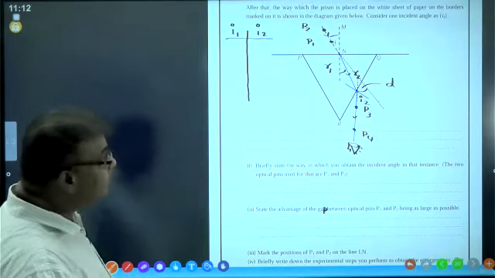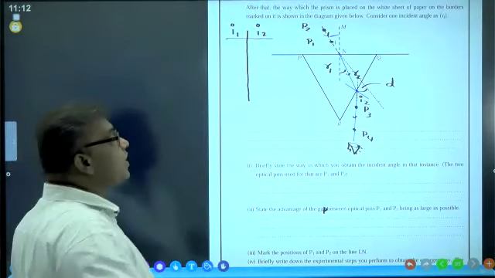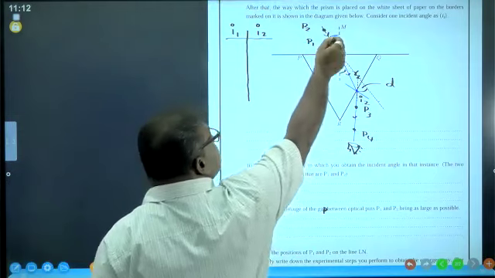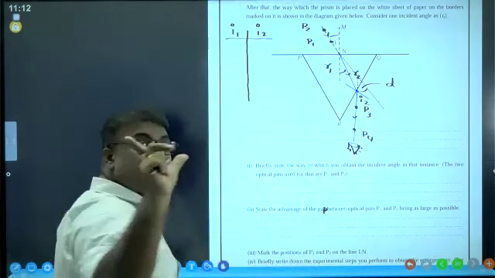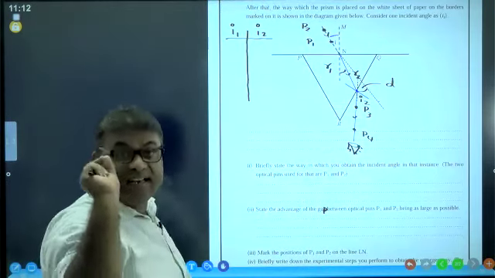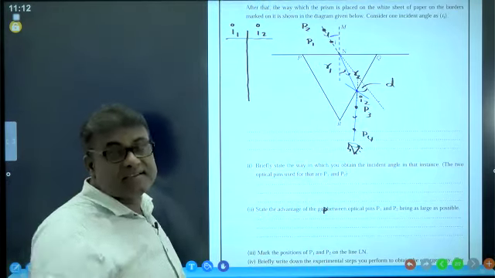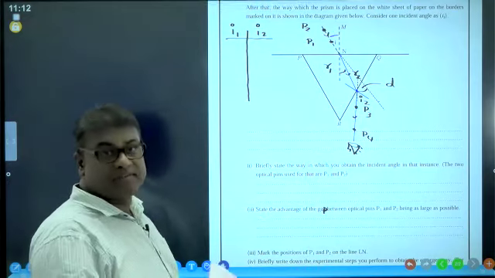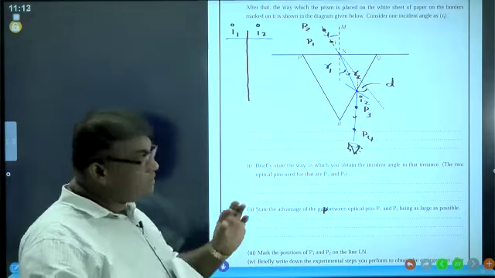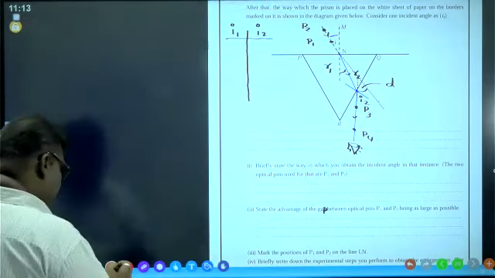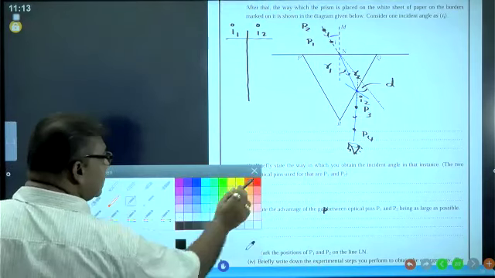Yes. If we can put two pins P1, P2 with a considerable gap, a thin and definite line can be considered as the ray of incidence. If they are close to each other like this,